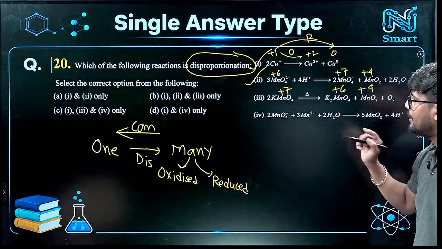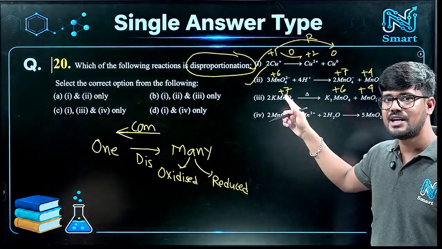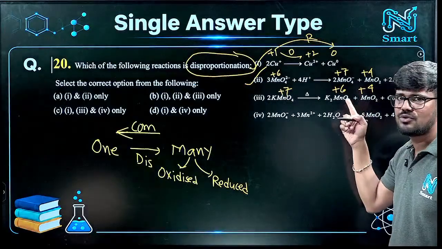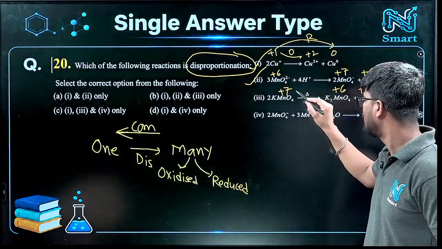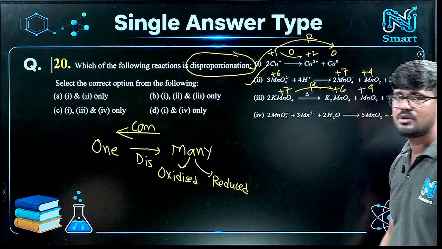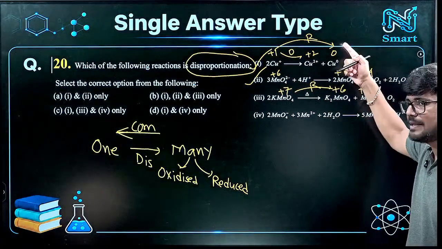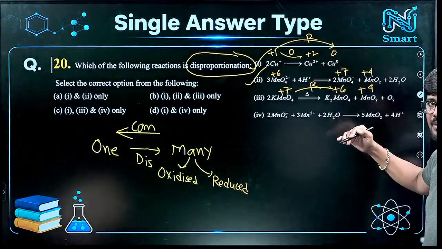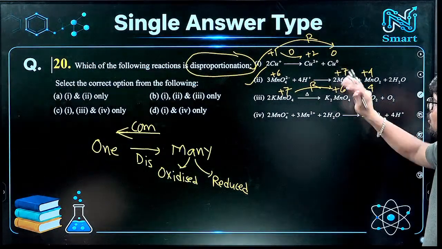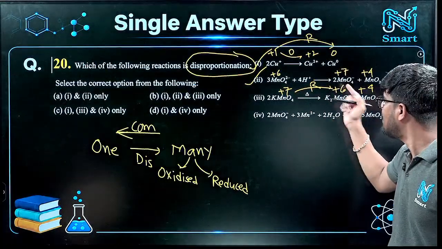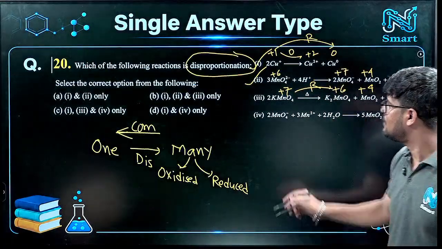Now you tell me, from one oxidation state we are getting many, that is okay, but both are reduced, right? Both are only reduced, there is no oxidized one. Like here +6 to +7, one more, and 4 less. So oxidation and reduction both are happening, but here only reductions are happening. So that's why it is not